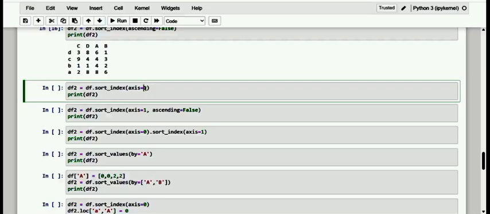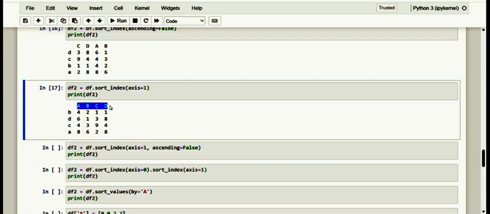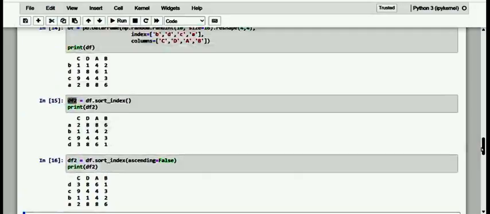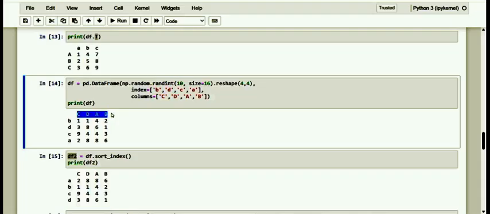So let me pass it and execute it. And see here, dear friends, this is the exact sorted manner. Do you want to have a look at the original? Let me go above, and here we go. Kindly observe C, D, A, B. That is the exact original data frame.